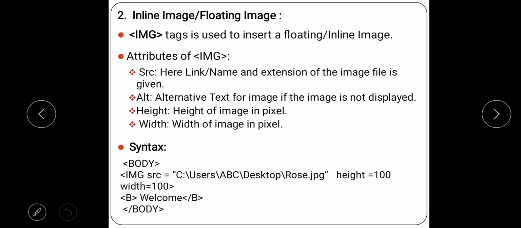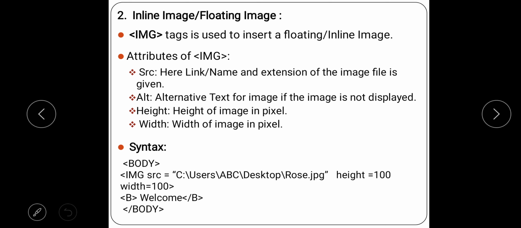So see how it looks. img, it is the opening tag, img space src equal to. Now here I have purposely given the path. Means the students who don't copy the image into their folder have to mention the path like this. And you can see if a single small mistake is there, your image will not be displayed. That is why I say it is always better to copy that image. But you can use it anyway, it's up to you, right?